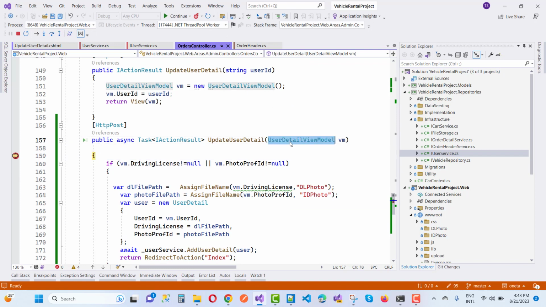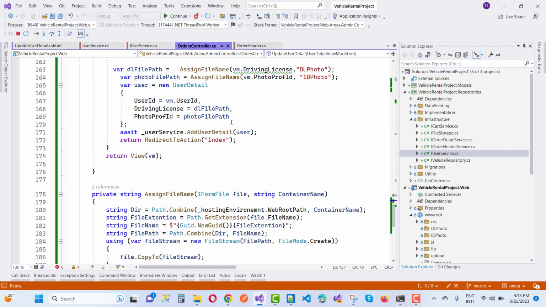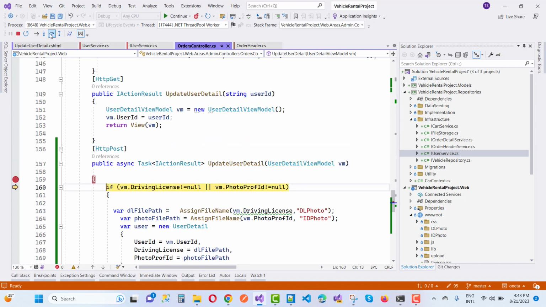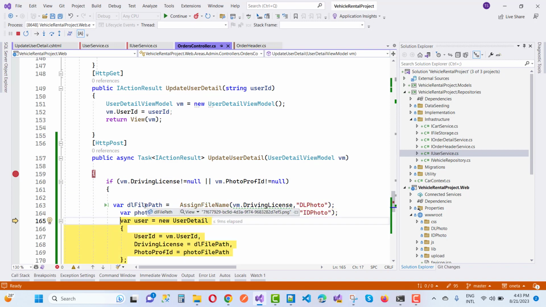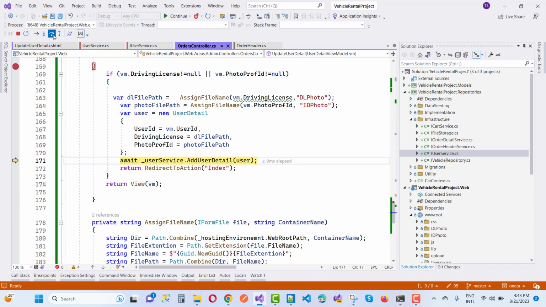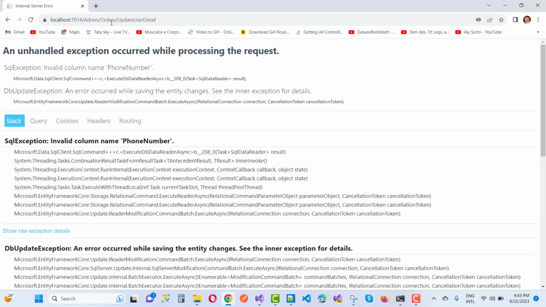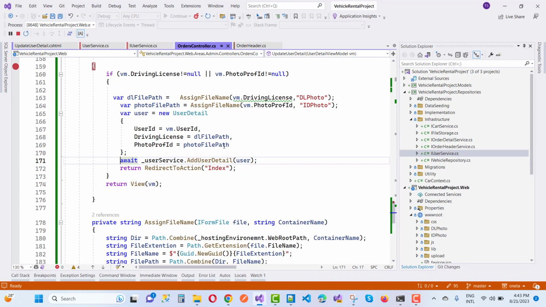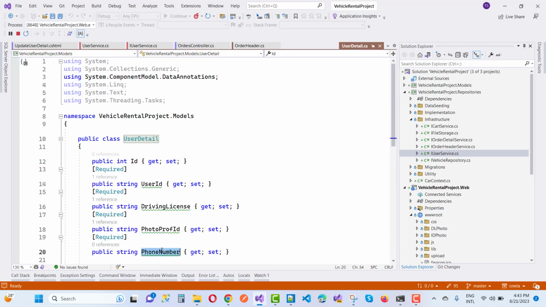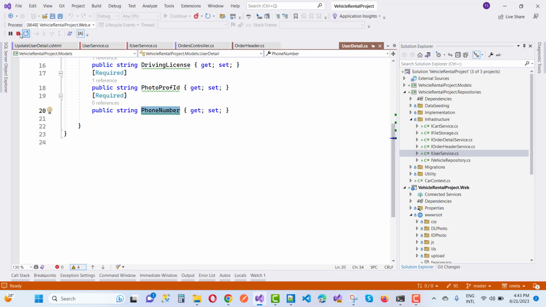and user detail view model right there. And I want to convert it here. That is user detail. So here we have a DL path, that is, oops, the invalid phone number is right there, the invalid column name phone number. So here we have a user detail, because a user detail does not have a phone number. Go to definition, and here we have a phone number. It's not updated actually, so just stop this application